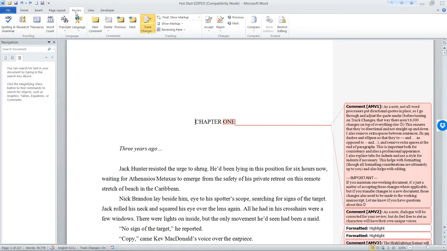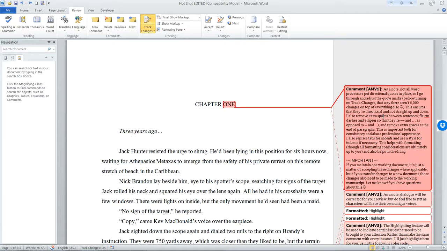So the first thing you want to do is go up to your top ribbon here and go across to the Review tab, where it says File, Home, Insert, Page Layout, Review. Like I said, if you're on a different version, it may look a little bit different, but you should be able to find it fairly quickly. So up here you've got Track Changes. If it's gold, it is toggled on. That's off and on. So do that, make sure Final Show Markup is selected, and then if you go down here,